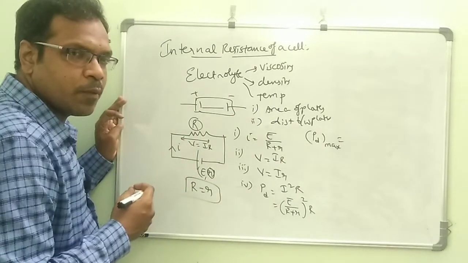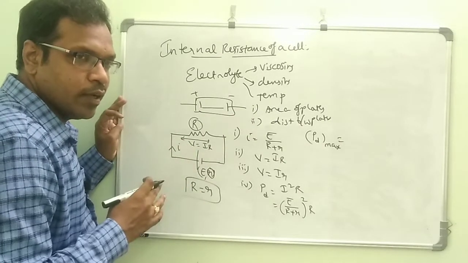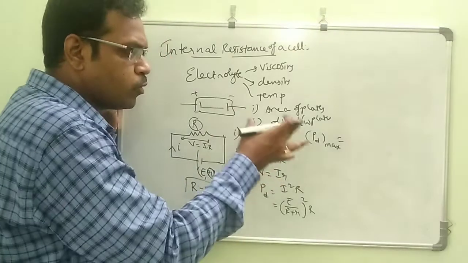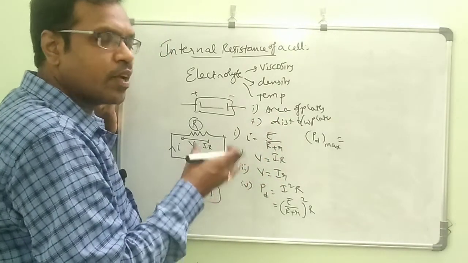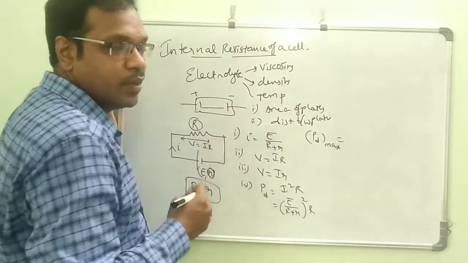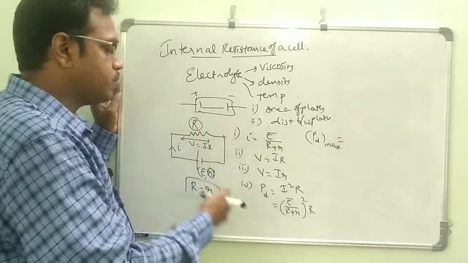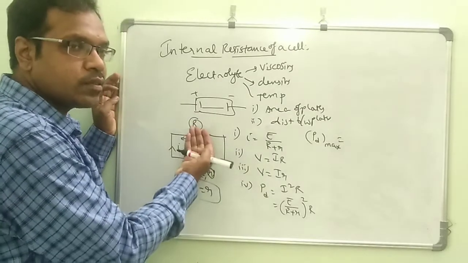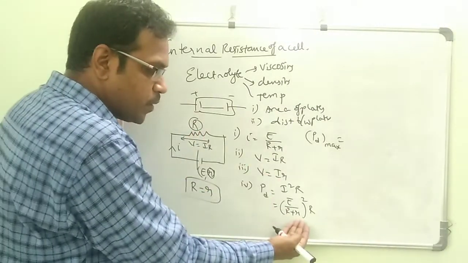So many problems are there in the previous year question papers, you can observe that. They will just ask to get a maximum power, we can call it the maximum power transfer theorem also, like this power transfer theorem. The theorem is just that internal resistance is equal to external resistance. At that time, what happens for this one?